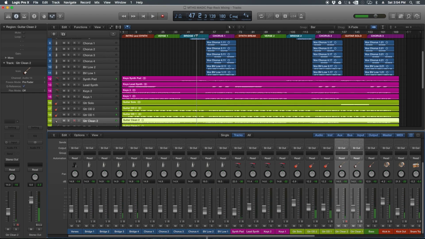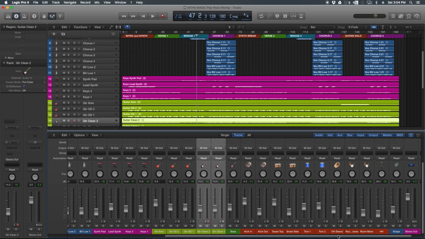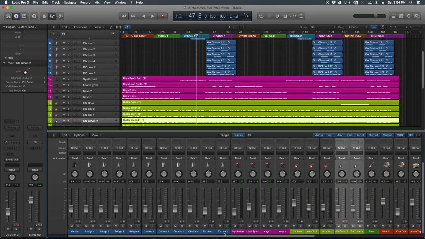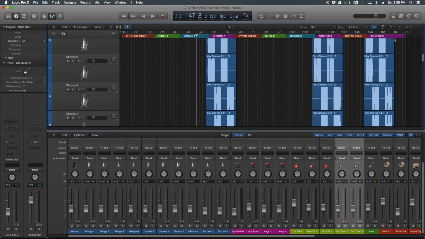All right, so that's a little bit more tolerable than what we had before, if everything was just blaring at full blast. But there's some other issues too. Mixing is obviously a lot more than just level adjustments. We've got to add effects, reverb, all that stuff that'll come a lot later. But one of the very first things you should do, other than level adjustments like I'm doing right now, is adjusting pan on some of these tracks, essentially telling a channel where to go in the stereo field. Now, if you look at the vocals here, let me just zoom in a bit,